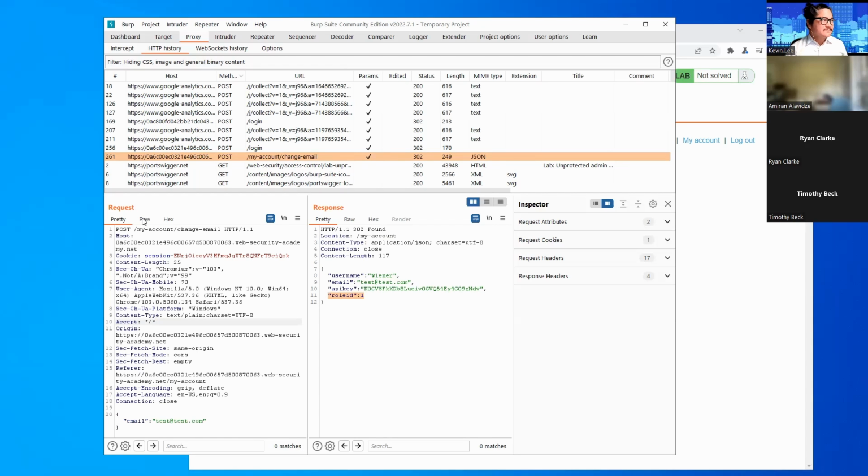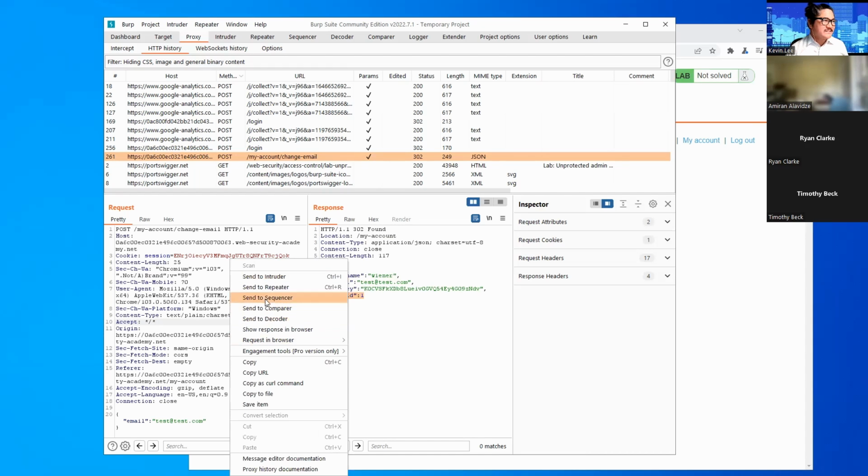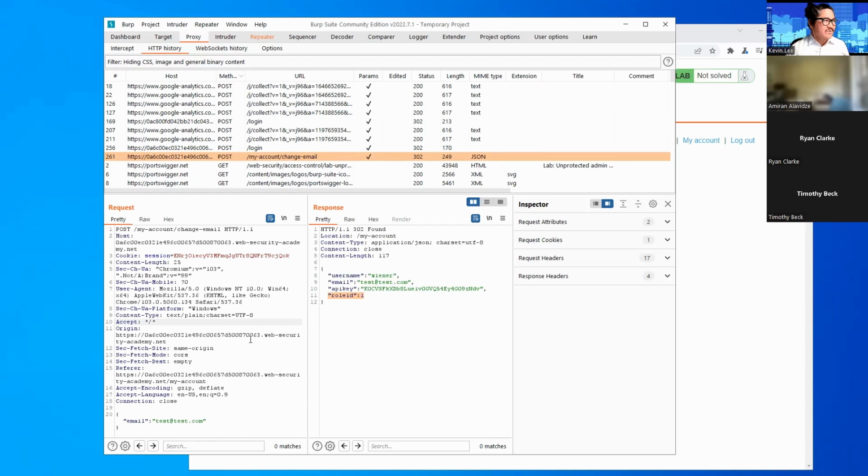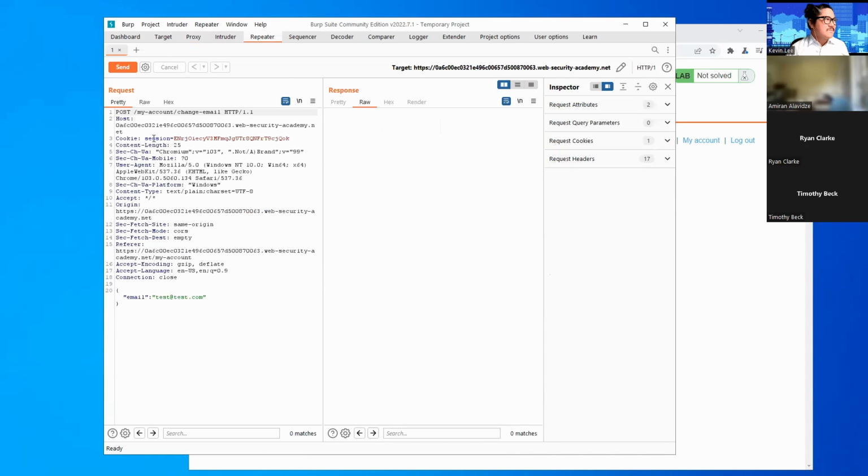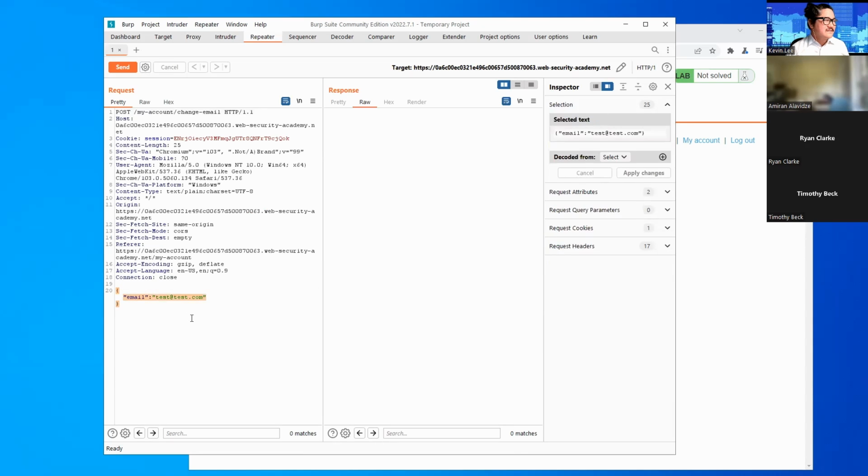Inside the request window, we can right-click and select Send to Repeater. So click on Send to Repeater, and this request will be sent to Burp Repeater. From there, we can see that the Repeater tab has lit up orange, and we can click on the Repeater tab over here, and we can see our POST request that changes our email. The values that we sent before are over here.